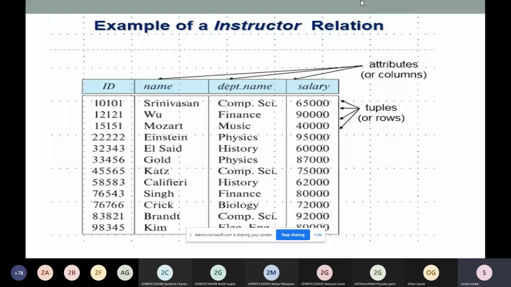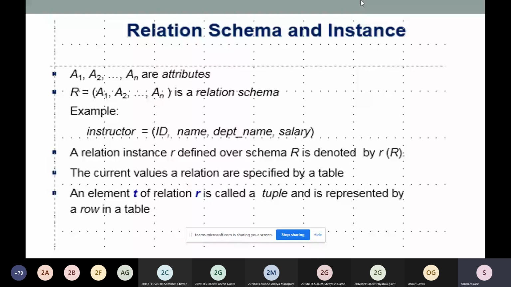So what is the schema? In our database, at the start, we have seen some concepts, components, that are schemas and instances. In the same way, we have relational schemas and instances here also. As I told you, whatever concept we have included, we have to represent in a mathematical, that is theoretical, format, so that all requires some kind of variables. Our table is made up of tuples and attributes, so each and every one must be represented with a particular variable name.